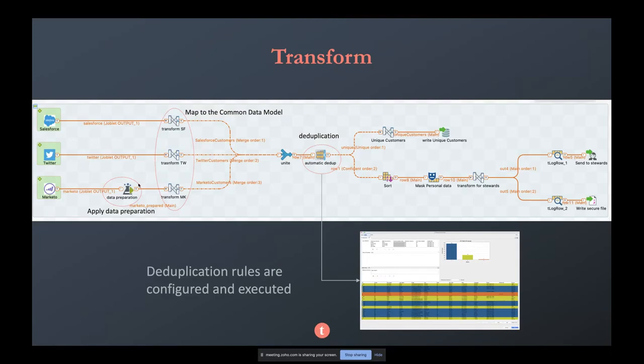So, for example, Marketo and Salesforce will have a lot of columns, while Twitter will have only 4 or 5. But on the other hand, Twitter will be the only one that will have the Twitter account field. So actually here is where we are mapping everything onto our common data. Well, here we are using this component where we define, as I said, exact and probabilistic rules for